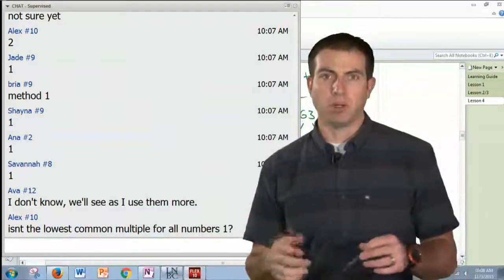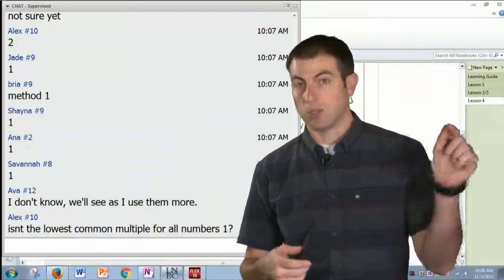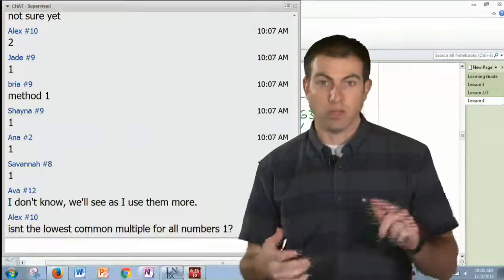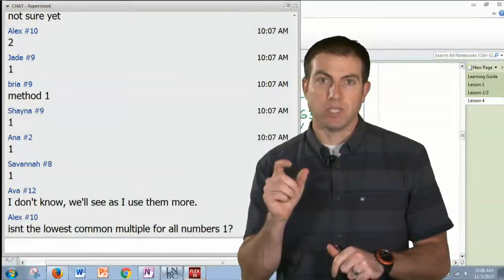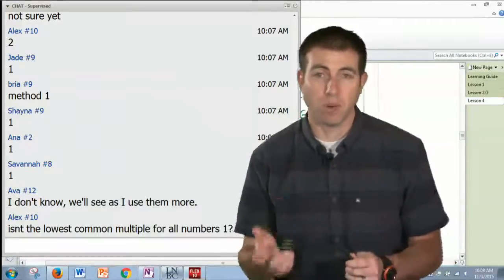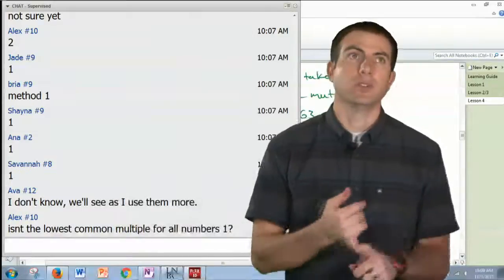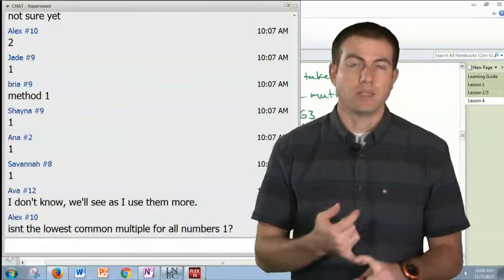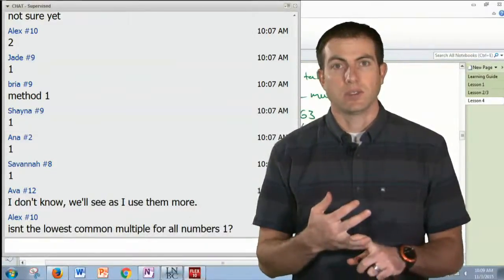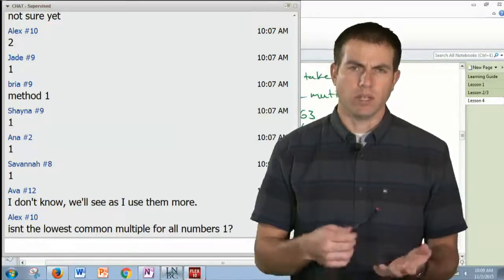But when we talk about multiple, like multiples of 4 would be 4. So 4 times 2 is 8. Then we go 12, 16. So multiples are taking that number and multiplying it. So if I wanted the lowest common multiple of 4 and like 12, I'd go, okay, 4 times 2 is 8, and 4 times 3 is 12, and 4 times 4. And then I do the same thing with 12. I go, okay, 12 times